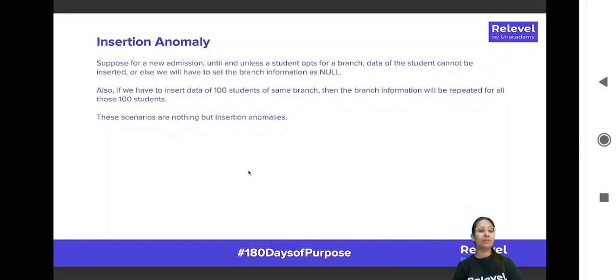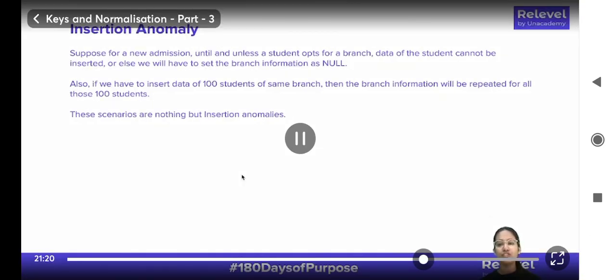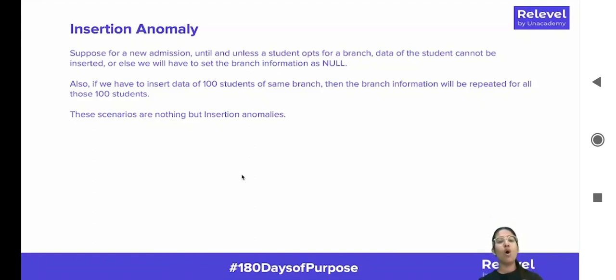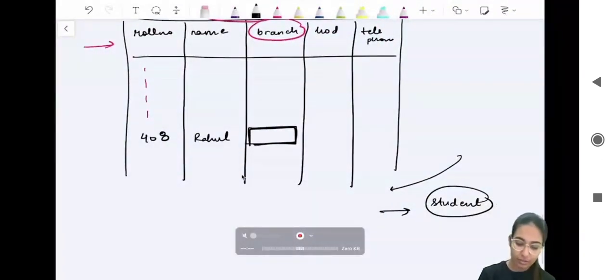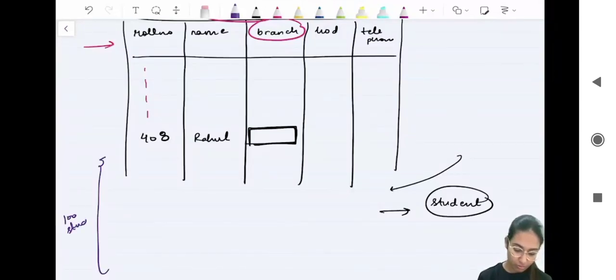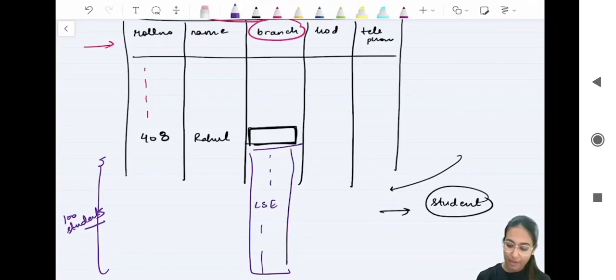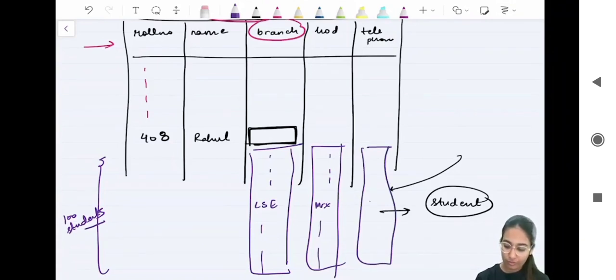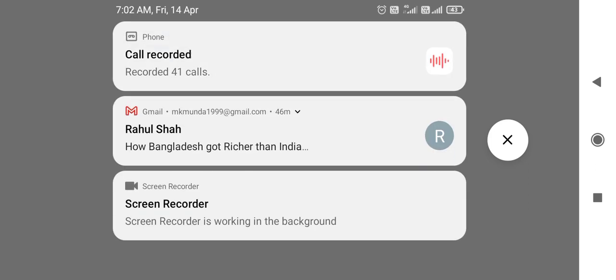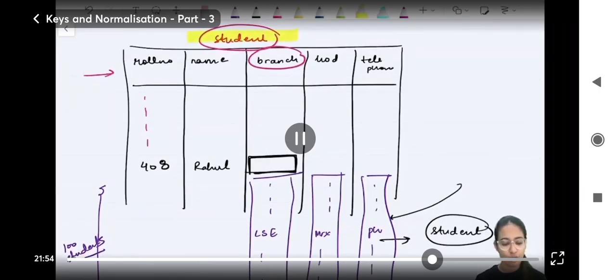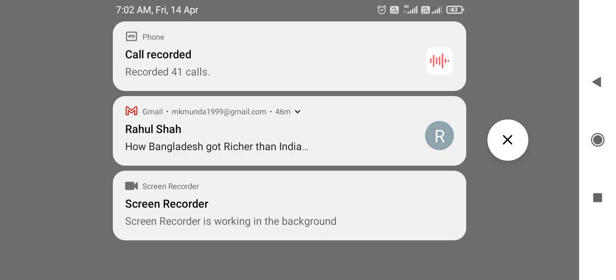Let's assume that is not the only problem. Let's assume we have to insert data of 100 students of the same branch. Then all of the information like branch, HOD and telephone number will be repeated, right? Let's say now I add 100 more students. Now I will have to write the same branch 100 times, the name of the HOD 100 times again, and the phone number these many times again, which is definitely not a good way to do this. I do not really want to do that. This is so much redundant data, where I already know that for a particular branch the HOD is always going to be the same and the telephone number is always going to be the same as well. Still I am storing all